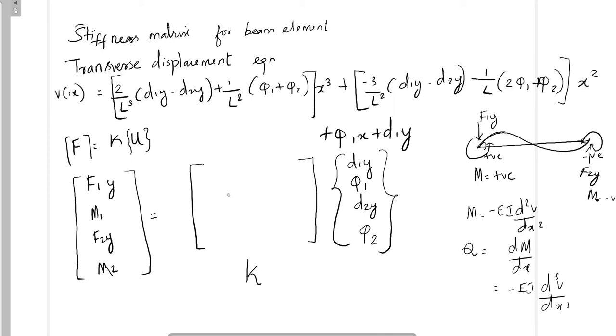We are going to derive the matrix here by considering the relationship between F1y and the response d1y. How can we state the relationship between F1y and d1y? We can use this formula. The shear force is nothing but the nodal force. So we are getting the displacement equation V. So we are going to differentiate thrice to get the nodal force. We are going to differentiate V twice to get the moment, so that we can arrive at the matrix format.